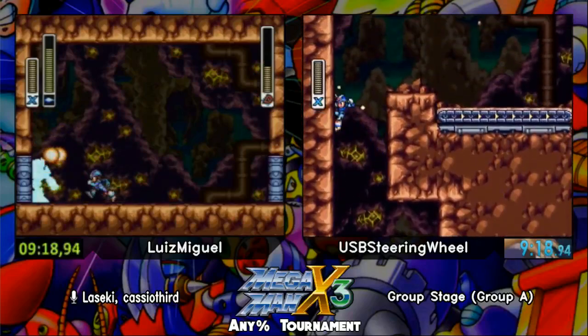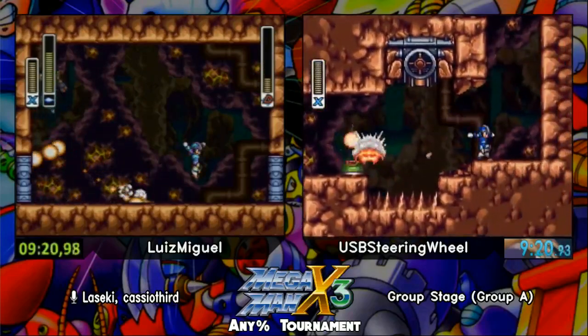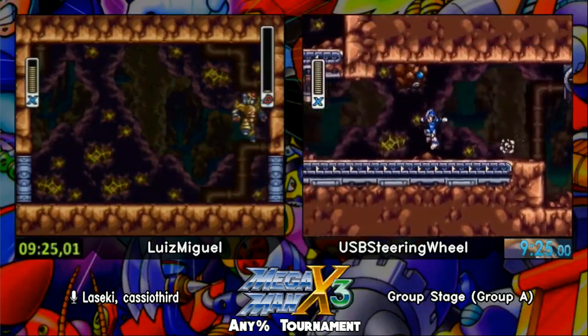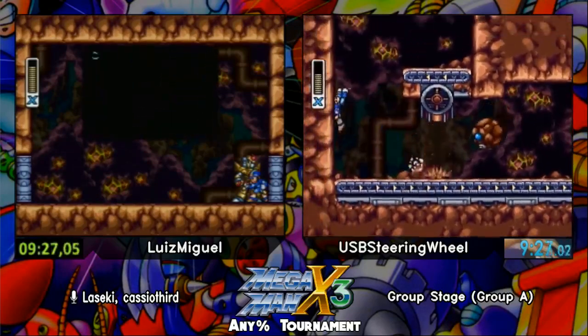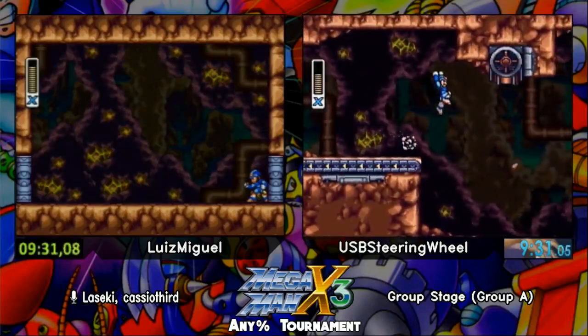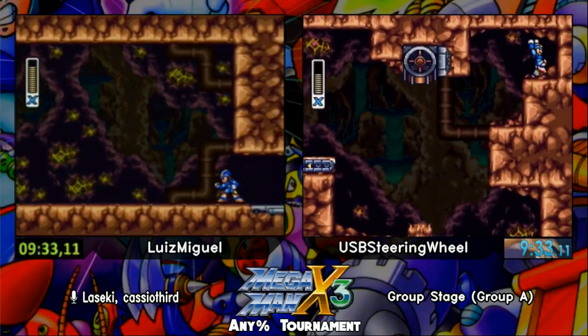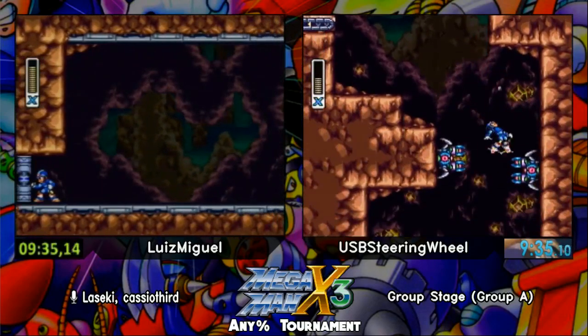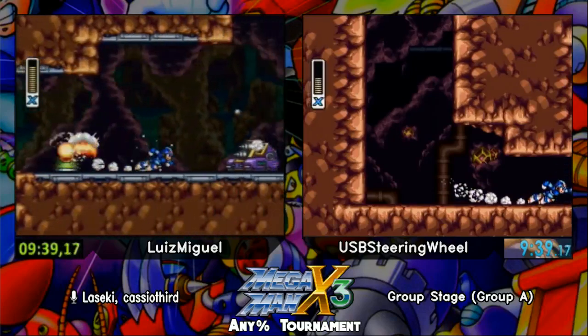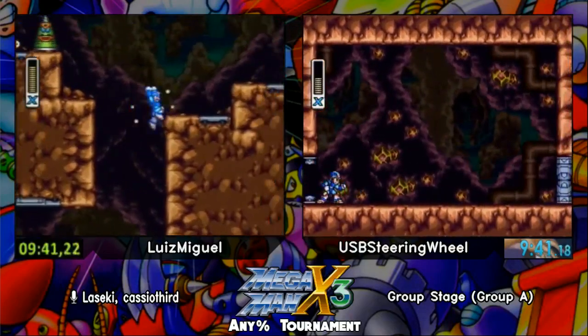Like, it's not gonna be much of a problem. Yeah, Luis only took 3 damage, and that's fine. Shouldn't be a problem at all. Ooh. USB taking a bonk on one of the boulder enemies there, as you can see. Yeah. That's exactly why this stage sucks. They take 6 damage, I think? Yeah, 6 on body contact. Which is...